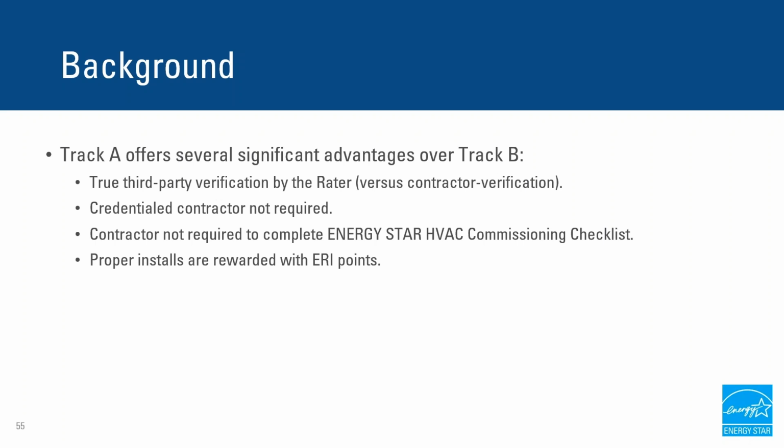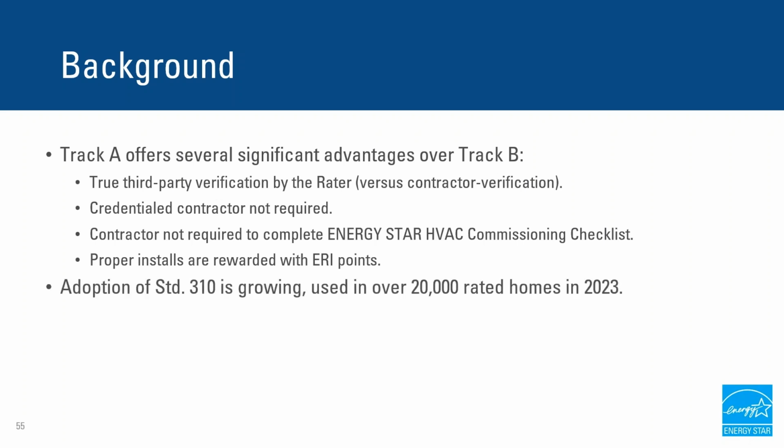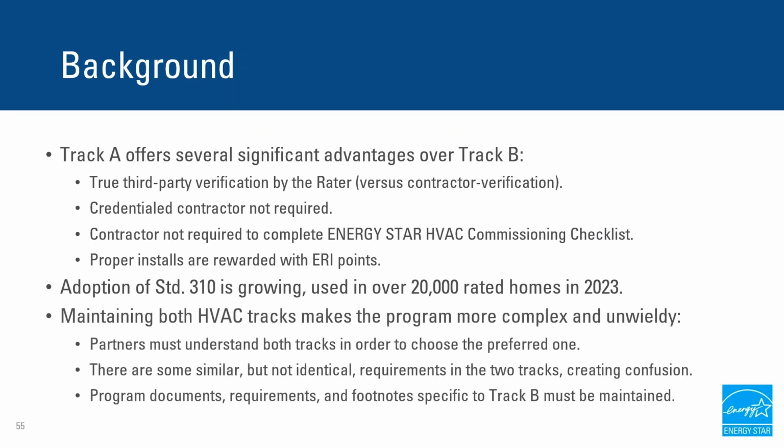It offers several significant advantages over track B: true third-party verification by the rater versus contractor verification. A credentialed contractor is not required, which has been a challenge, particularly in smaller markets. The HVAC contractor is not required to complete the Energy Star HVAC commissioning checklist because the rater is doing the verification instead. And it rewards proper installations with ERI points. For these reasons, adoption of standard 310, or track A, is growing, and that was used in over 20,000 rated homes in 2023 alone. For the last several years, we've allowed partners to choose which track works best for them,